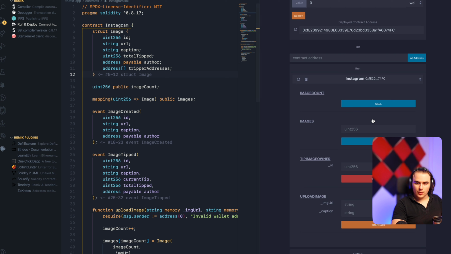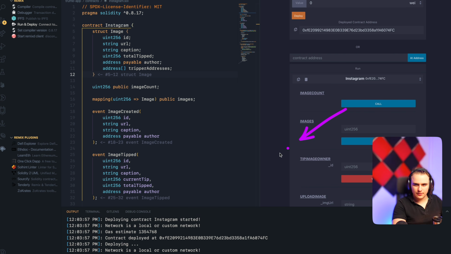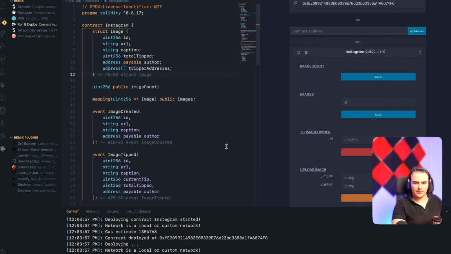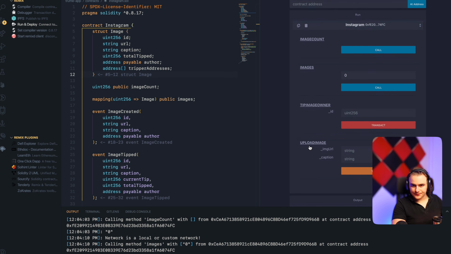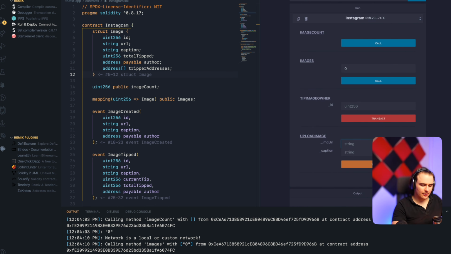So we got a few things over here. We got image count, which currently when you hit call, it says 0. Let's see images. Let's see what do we got there. Yeah, this is the base data that I was talking about, and this is what we're not going to render on the front end. But let's go ahead and now add a